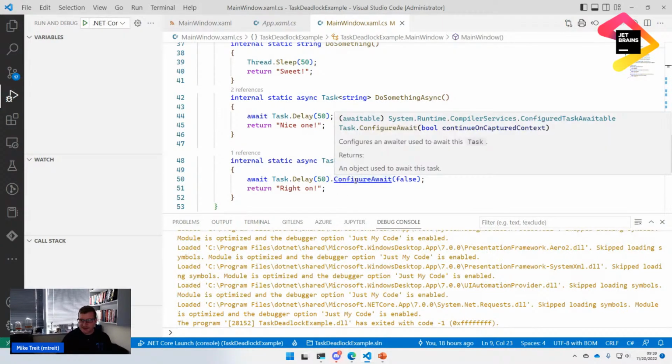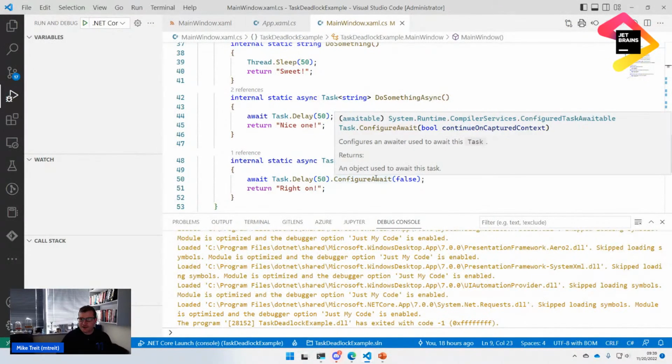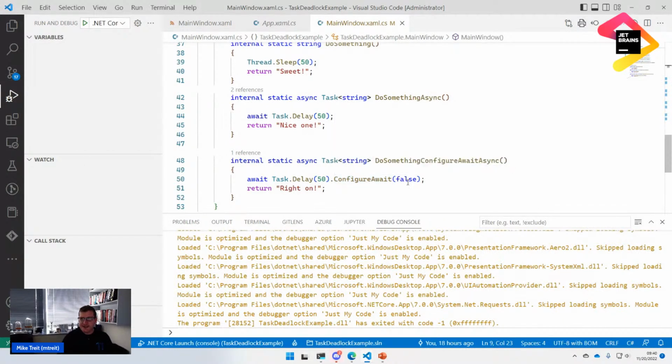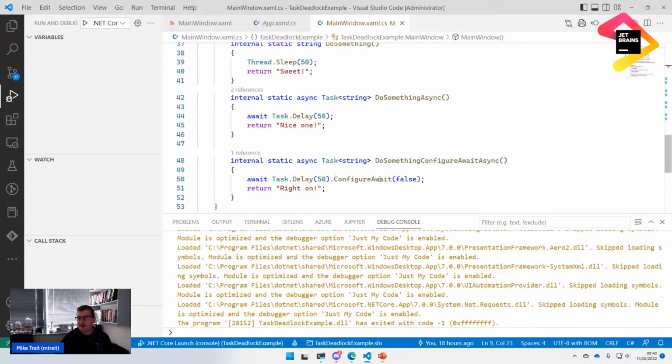and that is to use this configure await method. We say configure await false. The false is this continue on captured context flag. And essentially what this means is don't capture the current context, just use the default context, which will end up being the thread pool. And that solves the deadlock problem,